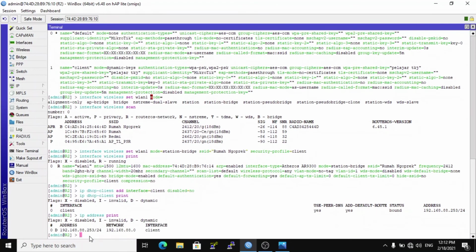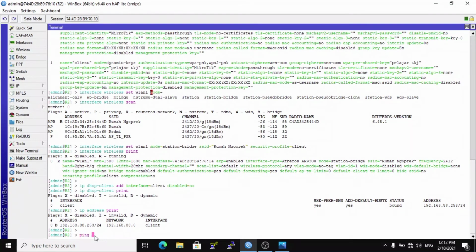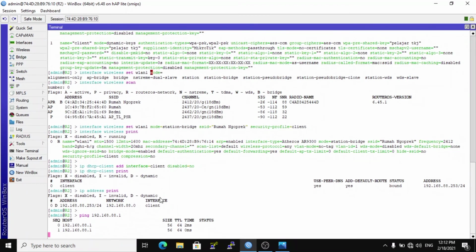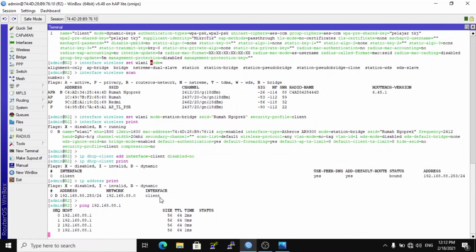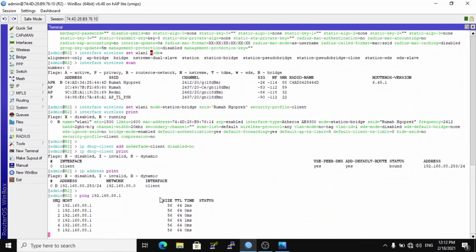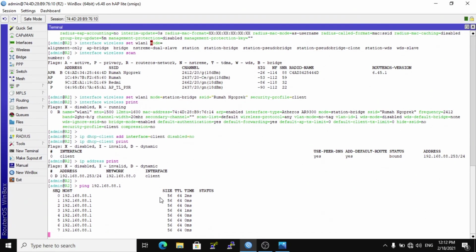This is the IP address of router 2, 192.168.88.253, and check ping to router 1 using IP 192.168.88.1 and click enter. This is router 2 connected to router 1 with the wireless.